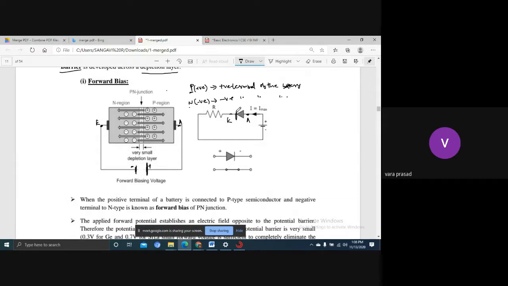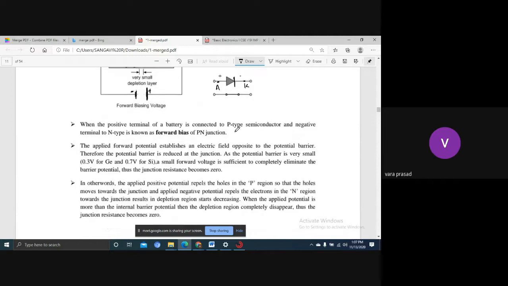Here, the vertical line is there, right? Wherever the vertical line is, that is the cathode side. Please keep in mind, K we write like this, a straight line. This straight line in the diode is the cathode. Here the straight line is this side, so this is the cathode and this is the anode. Now tell me, the anode is connected to the positive terminal, correct? The cathode is connected to the negative terminal, then it is a forward bias. That is the meaning given.